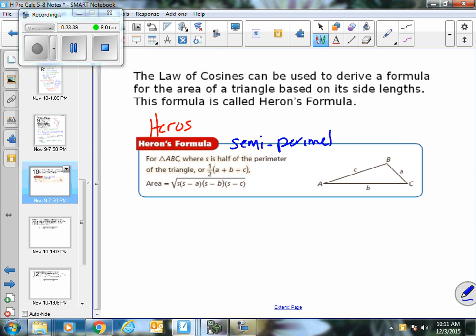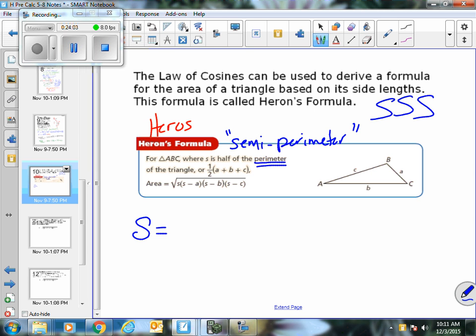Now, when you use the prefix semi in mathematics, think about what that means. Like, what is a semicircle? Well, a semicircle means half of the circle. So a semi-perimeter is half of the perimeter. Now, do you remember what perimeter means? The distance around a figure. So if what you know about a triangle is side, side, side,